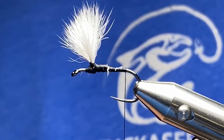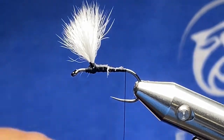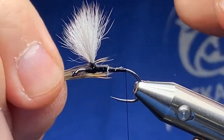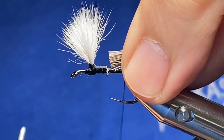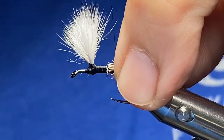As you can tell by the vibrations, I was stacking that hair. And they always say make the tail the length of the shank of the hook. I get it close. You know, no one's perfect. None of us are perfect. So I kind of have that right there. And I want to take here and I'm going to make some nice little pinching wraps. And I want to work my thread up to